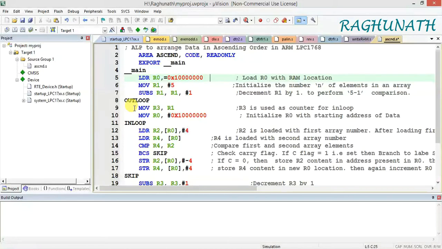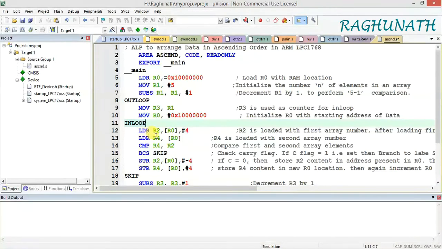So we have to arrange the data in ascending order using the bubble sort method, where an outer loop and inner loop will be there. First, R1's value is now 4, no? That 4 value you store in the R3 register. Once again, you have to load R0 with this address where we stored the RAM location address. Next, the inner loop label. All the labels should start without space. All instructions should have at least one space, so we are leaving one tab for all the instructions. Labels start without any space in the beginning.